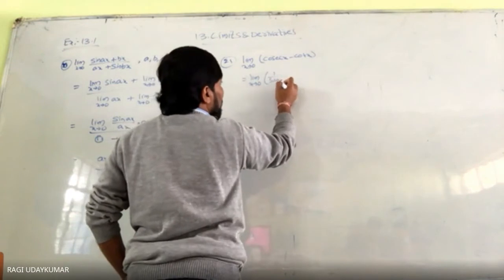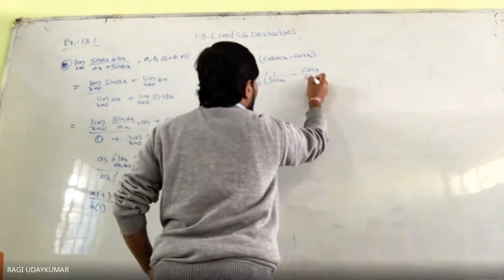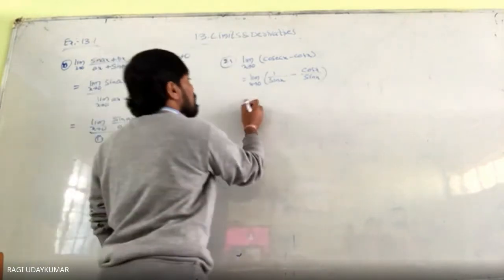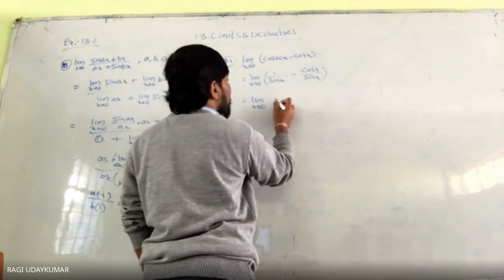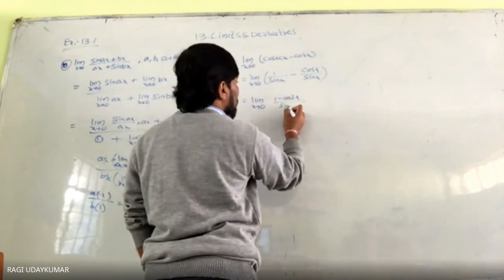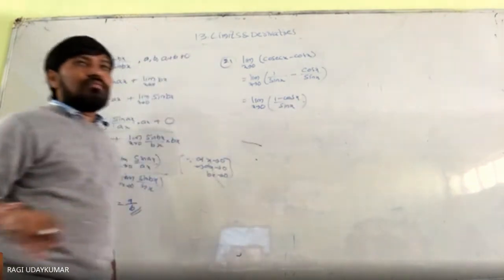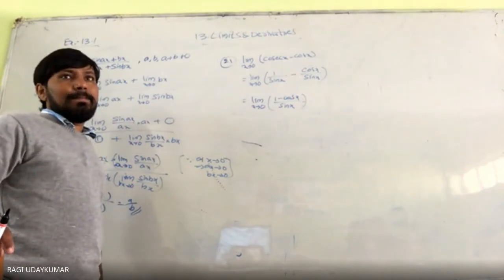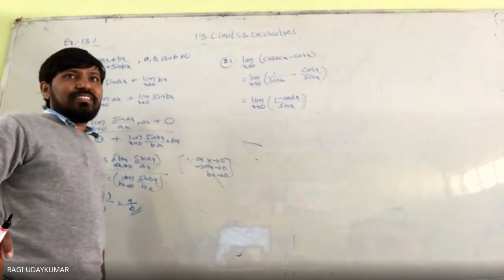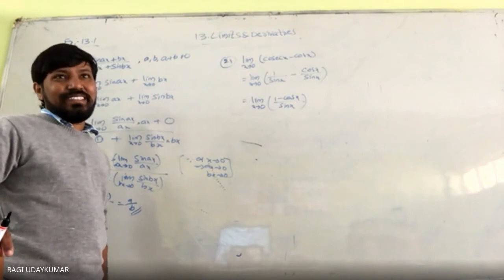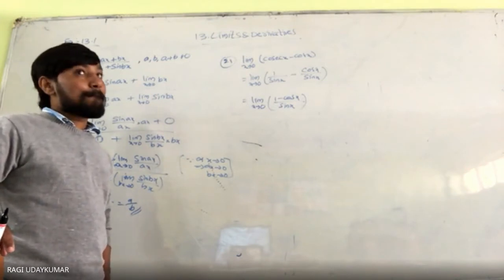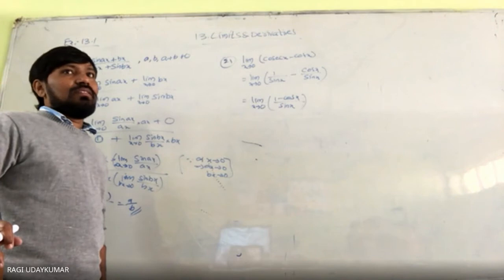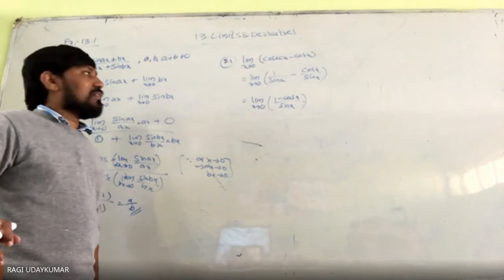What if you write it as 1 by sin x minus cos x by sin x? So how can you write here? 1 minus cos x by sin x. What to do now? Sir, multiply by 1 plus cos x in numerator and denominator. Then what do you get? 1 minus cos square x, that is sin square x, and below sin x, so sin x will cancel.